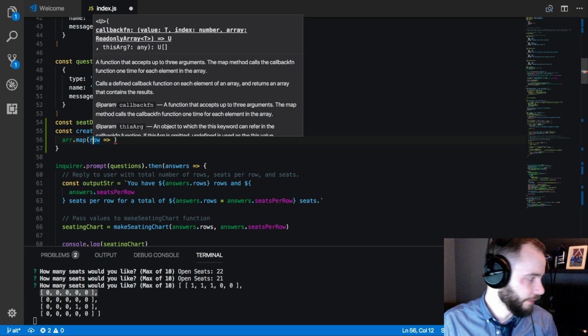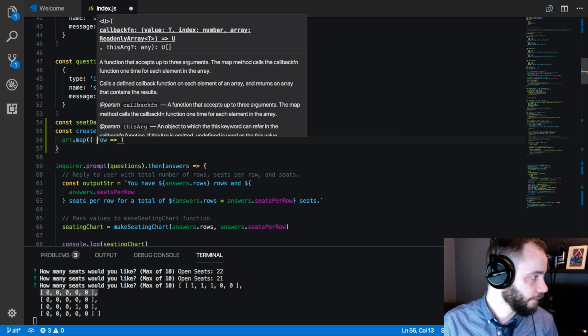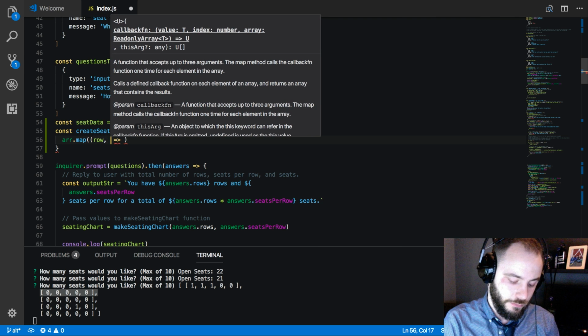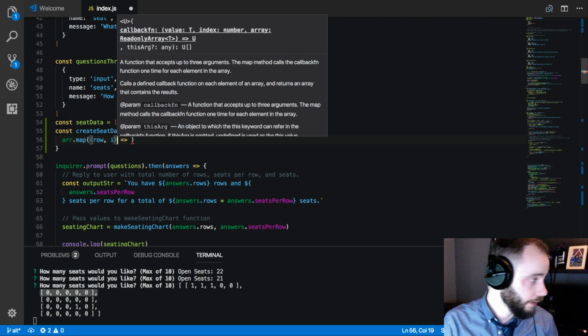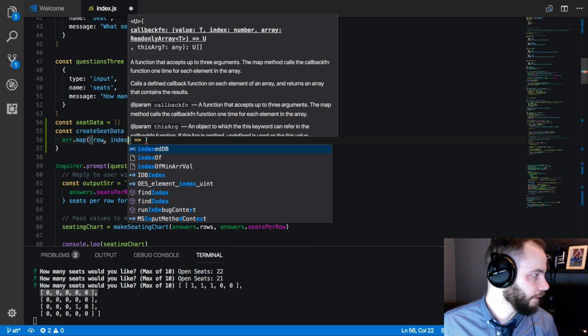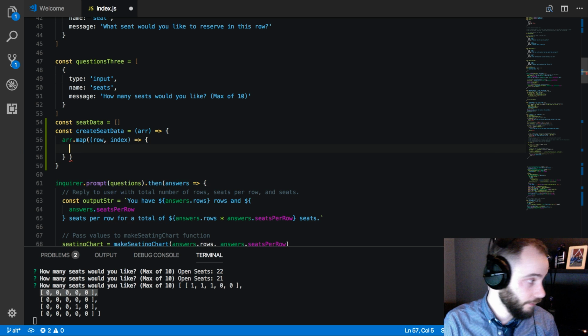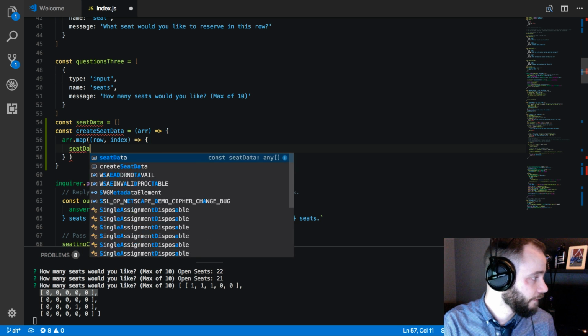And I'm also going to want the index. Let's just type out index. So we get the index here, and then within here, we're going to take seat data,